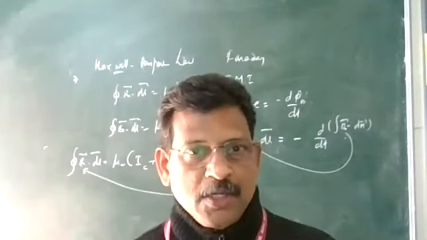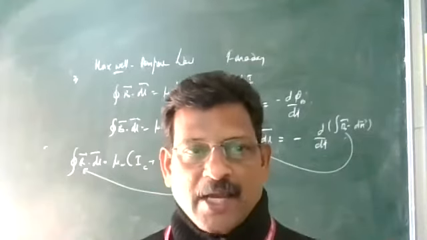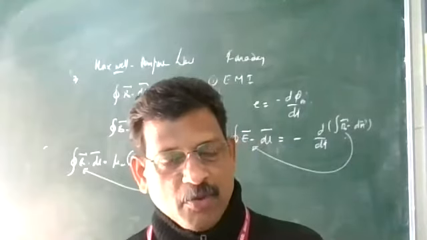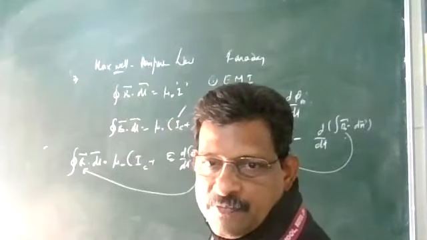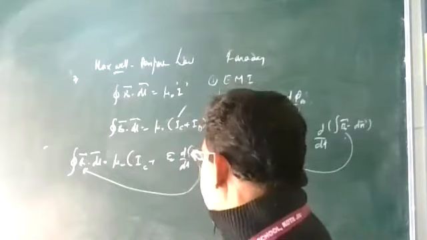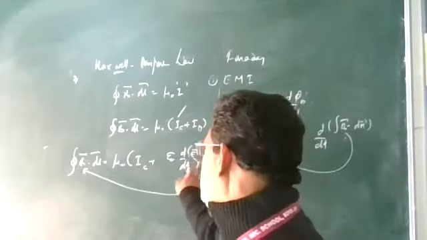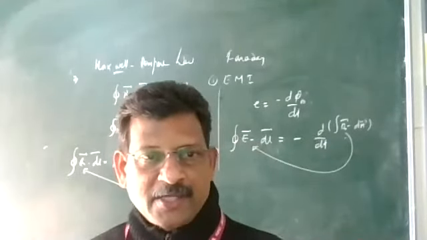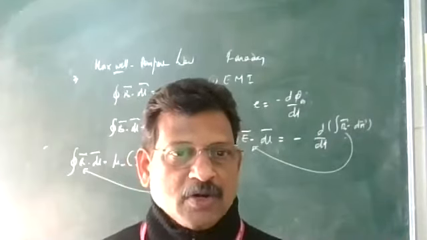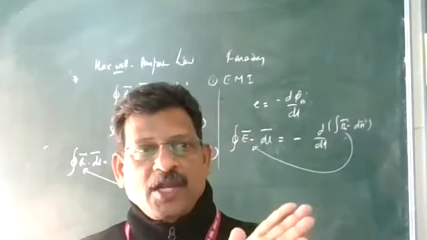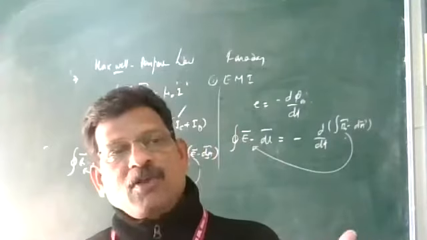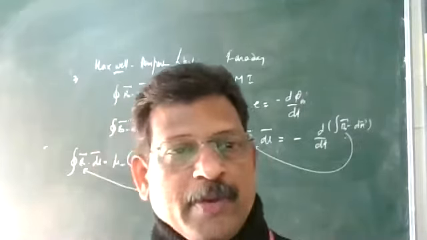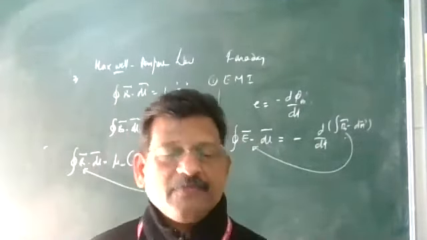Very important point: how do you define an electromagnetic wave? How do you produce it? A change in any one field produces the other one. A changing magnetic field produces an electric field, and a changing electric field produces a magnetic field. When such things take place, a disturbance is produced in the surrounding medium, which is known as an electromagnetic wave, in which the electric field varies with time and the magnetic field also varies with time. They are perpendicular to each other as well as perpendicular to the direction of propagation. All three are mutually perpendicular.